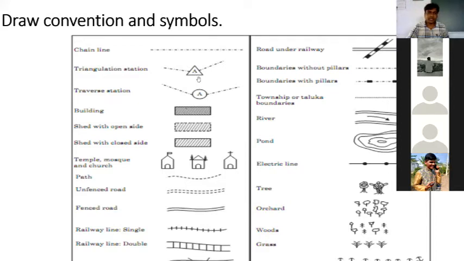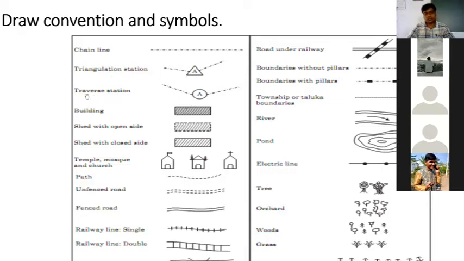Next, another one is triangulation station. These triangulation stations are like control stations, or you can say main stations, as we discussed in the last class about control stations and main stations. The stations which cannot change their position, that we call main station or control station, and we denote it with a triangle, and inside we write A. Whatever station name we give, that alphabet we keep. Say here I am keeping A. This is how we mark the triangulation station.